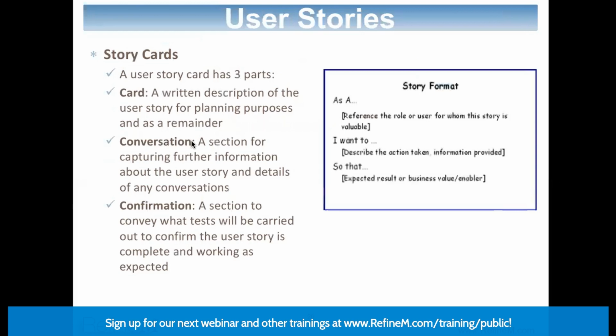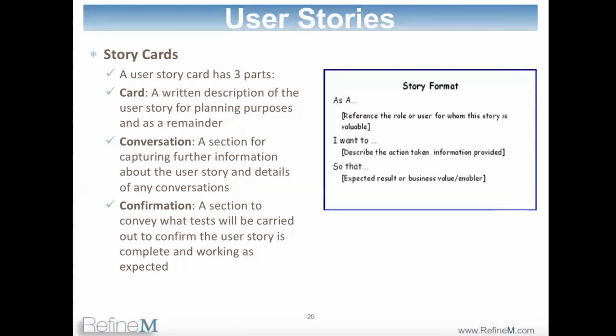I was talking about the user story's three parts, and each card will have all those three parts. Plus there are three other parts of the story. One is just the story, the description of the story. Then you will have what is called the conversation, describing more about that particular user story. What are the boundary conditions? What are the examples? Maybe there is a UI attached to it. Maybe there are certain conditions and constraints, and all of that goes into something called the conversation. So all the details about that story